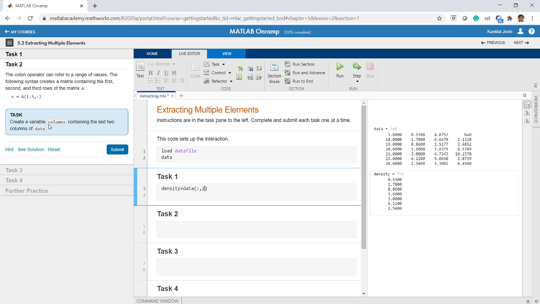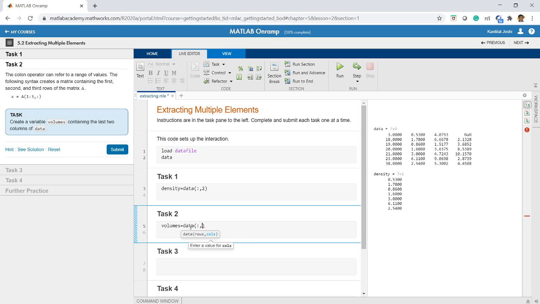What it is asking us to do: create a variable volumes. So I'll write volumes, equal to. What do I want? Last 2 columns of the data. So I will write data. How many rows do I need? There is no mention about the rows. That means I need all the rows. So for that I'll use the colon operator. Colon operator specifies all. If it is written in the first field, it specifies all the rows, comma.